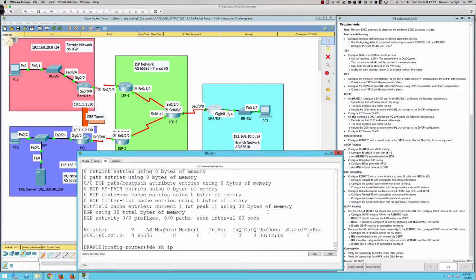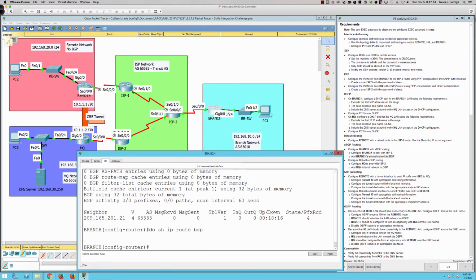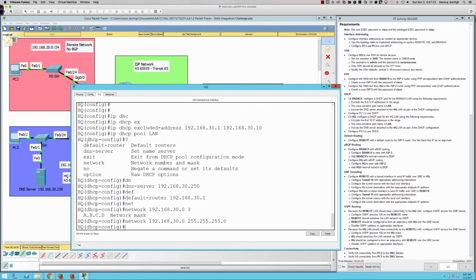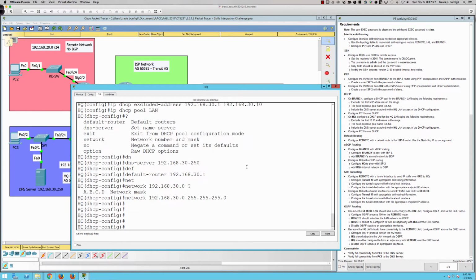So now let's do show ip route bgp. What am I seeing in my routing table? So no BGP learned NLRI just yet, but that's okay. That's about to change here. So HQ is going to peer with eBGP as well. So we come over here,